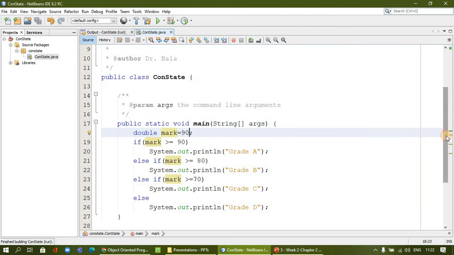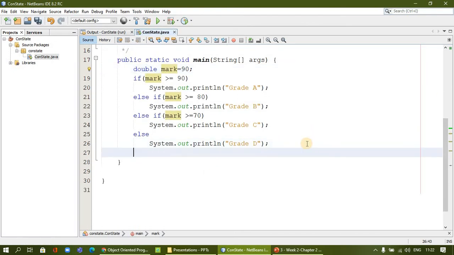Okay, so let me introduce the switch statement. For the switch statement, I say, for example, we can take the weekday. Okay, if it is 1, we can say Sunday, 2 Monday, like that. So for that I'm going to have an integer value, for example, integer week.